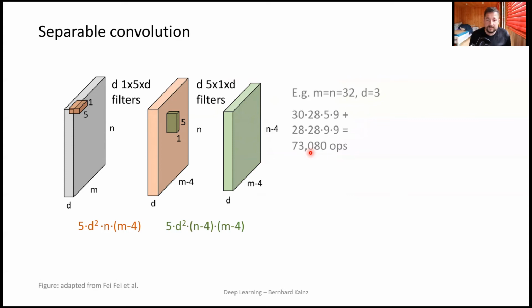So in this case, the complexity for our 32 by 32 by 3 network is just 73,000 operations. So we have saved probably 2/3 of the operations by just doing this and made it massively faster. This can be quite important if you have really strict real-time requirements for your inference paths. And it also makes training faster because of course, training always involves at least one forward pass to get to the error for backpropagation. So this can be important and is used a lot,